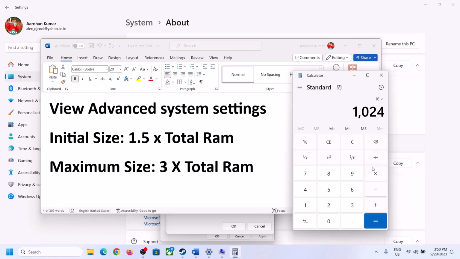So 16 GB in megabyte will be 16384. Into 1.5, that is 1.5 into total RAM. This is my total RAM in megabyte. Now 1.5 into total RAM, so in my case initial size is